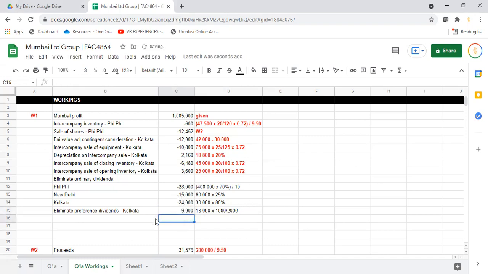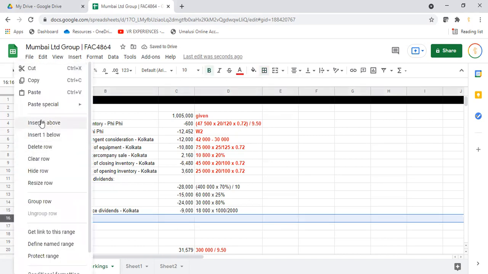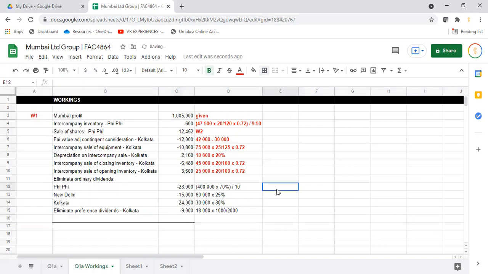Okay. So therefore, we should have removed that amount. So when we add this up, I generally like to put a space just in case I missed something. So I leave a space. So this is Mumbai